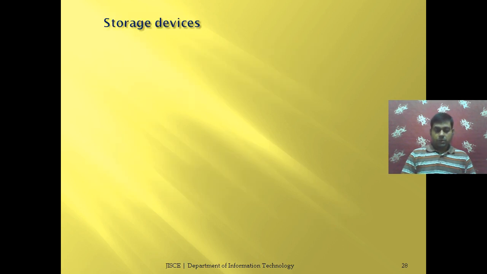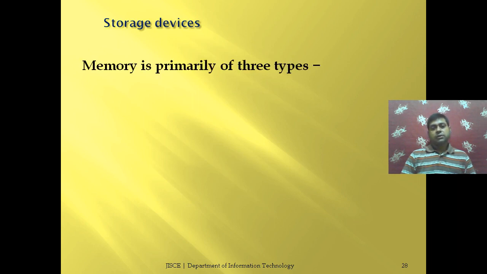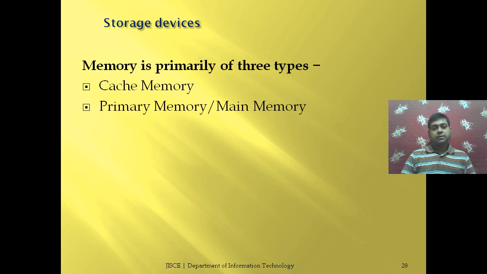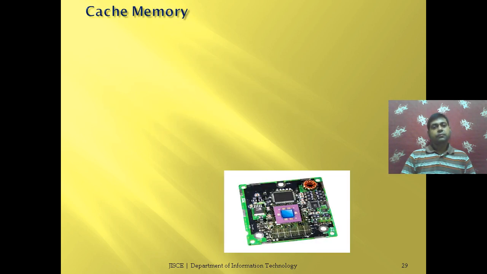Okay. Now coming to the storage devices, basically the cache memory, the main memory, and the hard disk. These are the three types of storage devices that our computer systems actually have. So in computer graphics, everything that we can store, we store either in cache memory, primary memory, or secondary memory, depending on